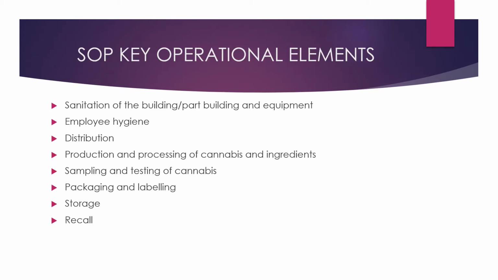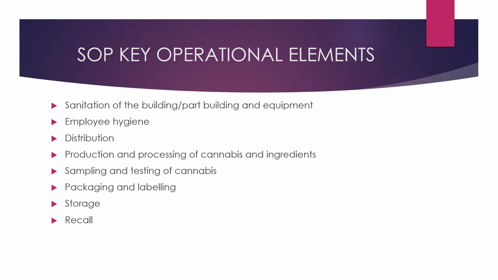All manufacturing companies have key operational areas, key operational elements. So the standard operating procedure must cover those key operational areas and elements, and these include sanitation of building or part of a building and the equipment, employee hygiene, distribution, including transfer and receipt of cannabis and ingredients, production and processing of cannabis and ingredients, which include if you are cultivating or cloning, propagating cannabis,